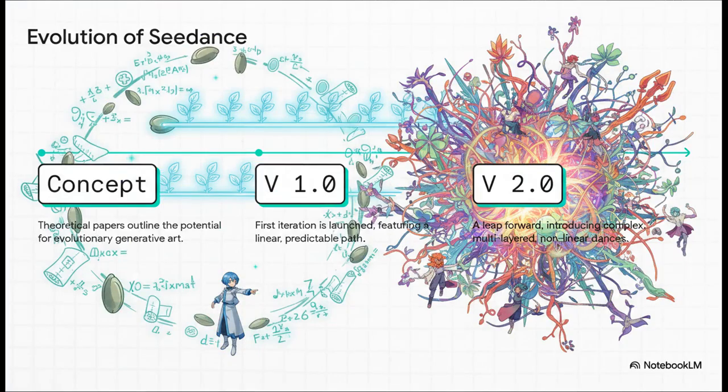You know, the jump from version 1.0 to 2.0 is where everything changes. With the first version, the dance was pretty predictable. The same seed would give you a very similar result every single time. But 2.0 introduces nonlinearity, and suddenly, the dance isn't like a choreographed routine anymore. It's more like this chaotic, beautiful improvisation. The very same starting point can now branch off in all these wild, unexpected directions, creating vastly different results.